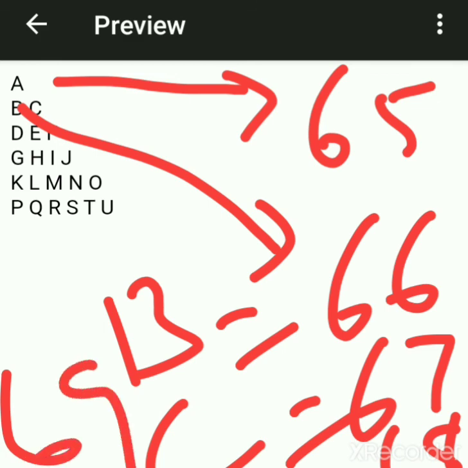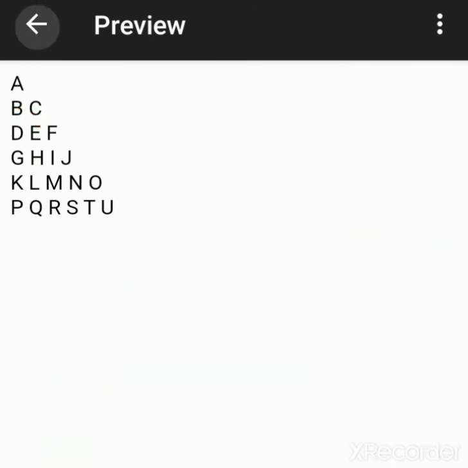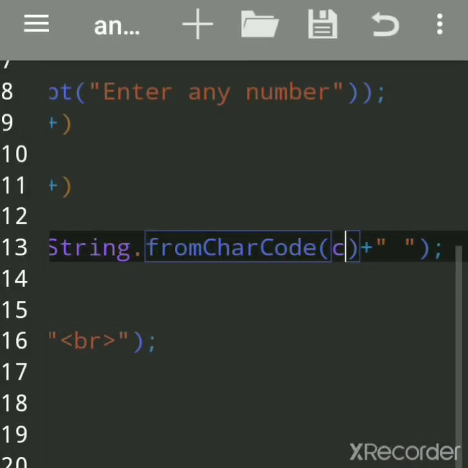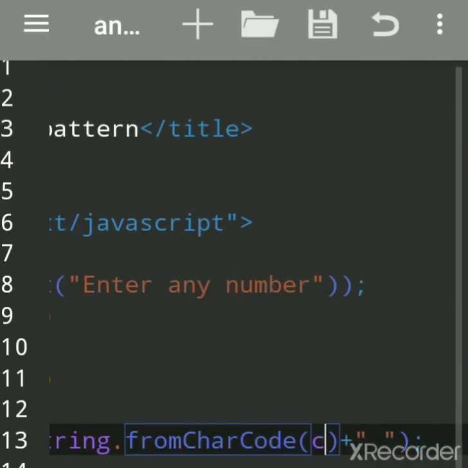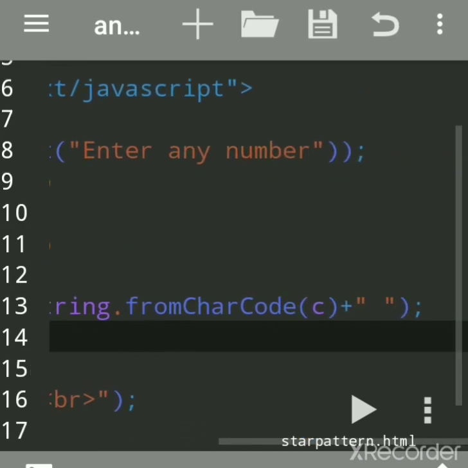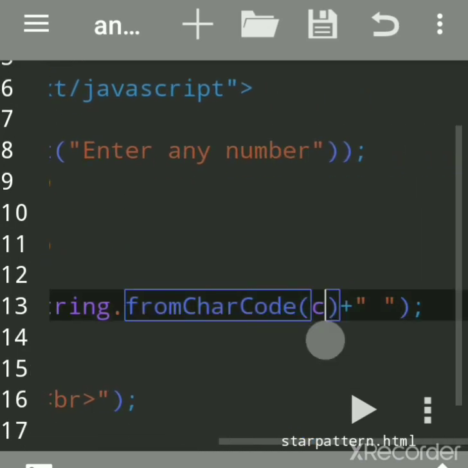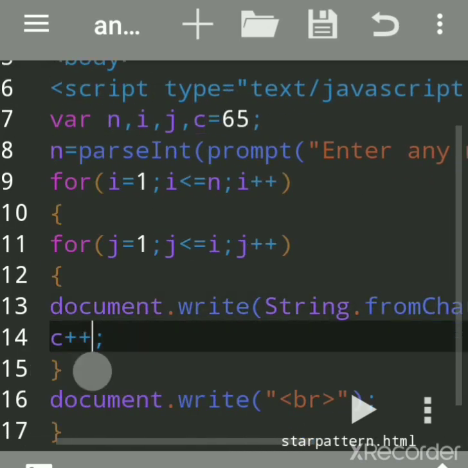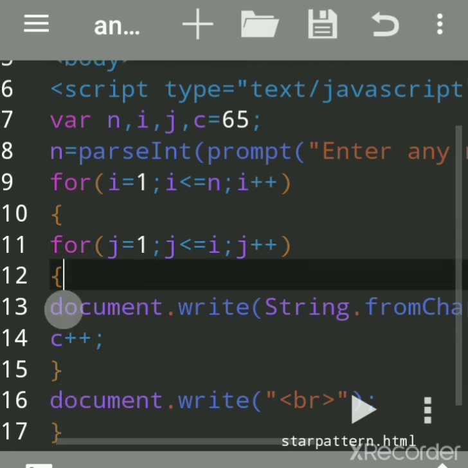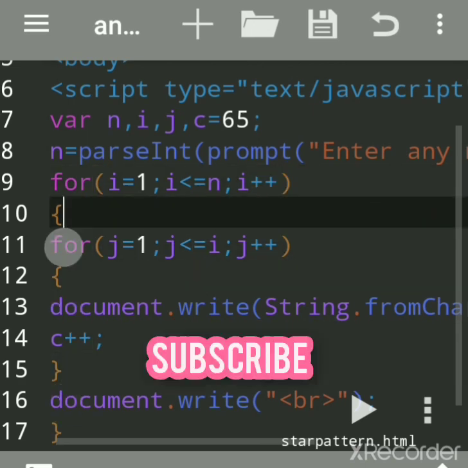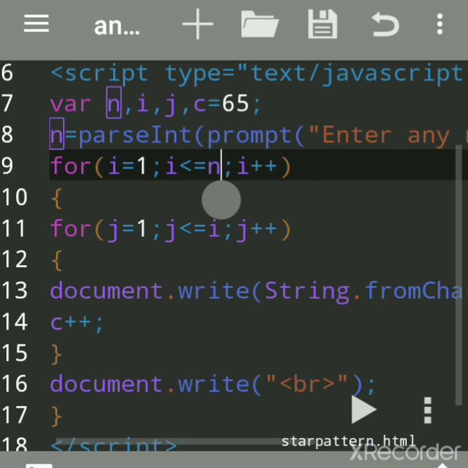So we are printing the character at that position, converting, because fromCharCode converts that Unicode into a character. This way the loop will go on executing, and if we give n value 4, it will execute up to 4 lines.